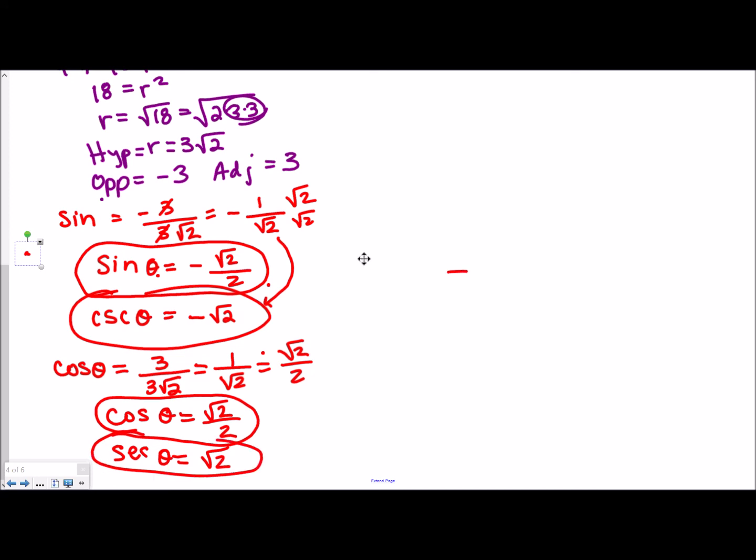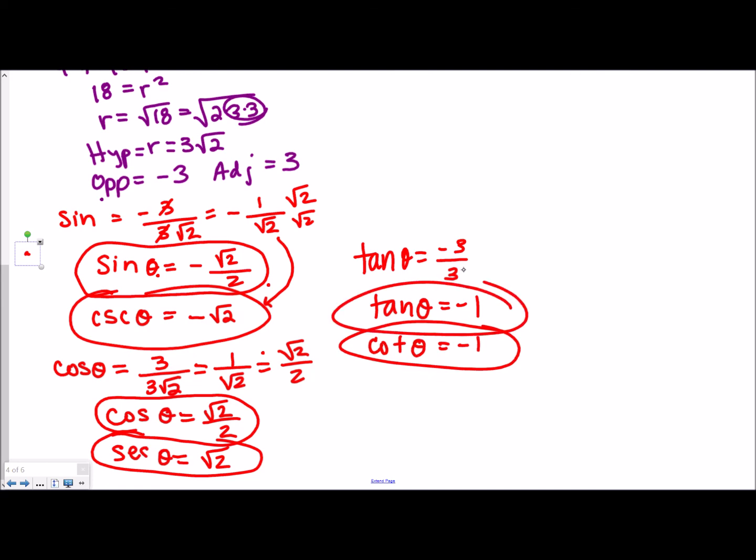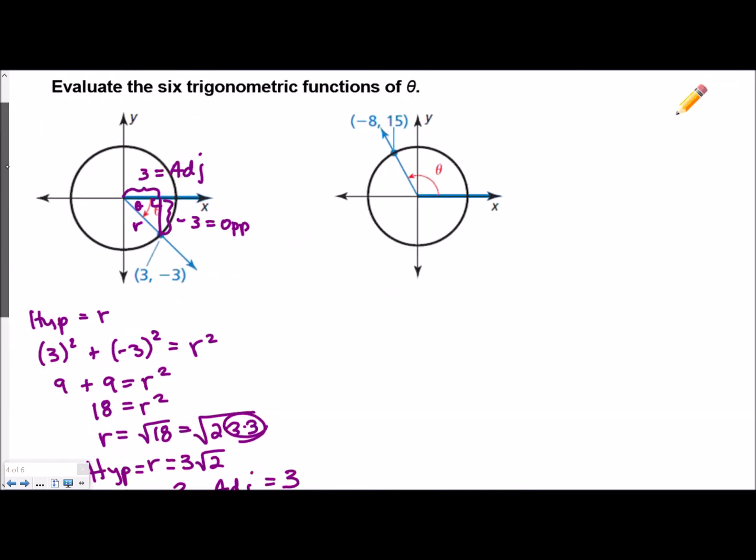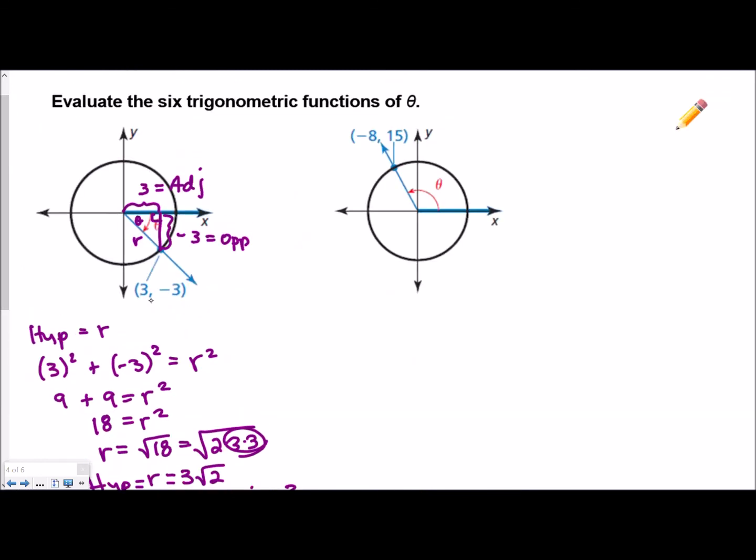Okay, let's go over here for tangent. Tangent's going to be -3 opposite over +3, so the tangent of theta equals -1. And then the cotangent of theta is the reciprocal of that, which is silly because it's the exact same thing. So there's the 6 trig functions for that angle that has this point on its terminal side. This was the x, that was the y,